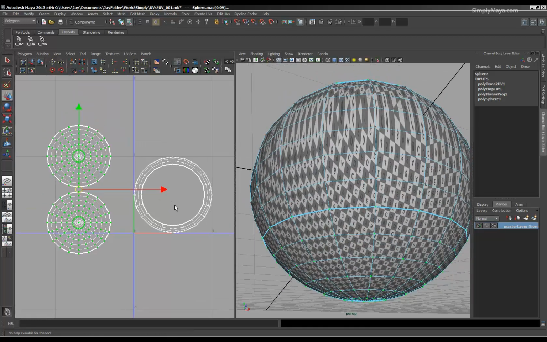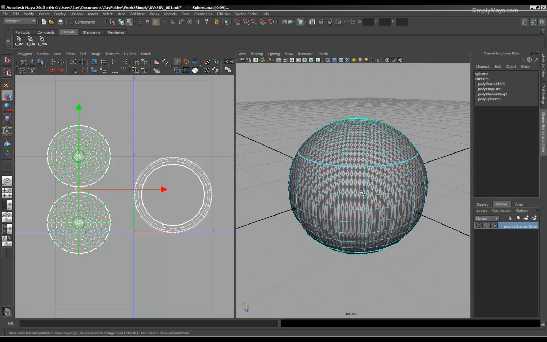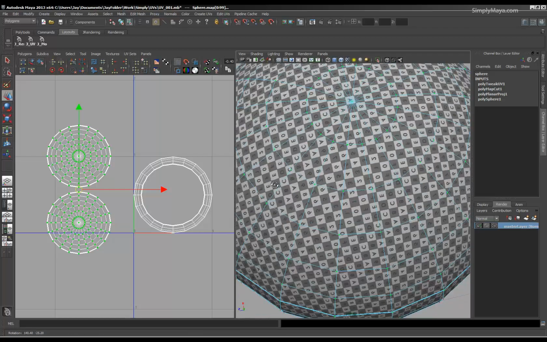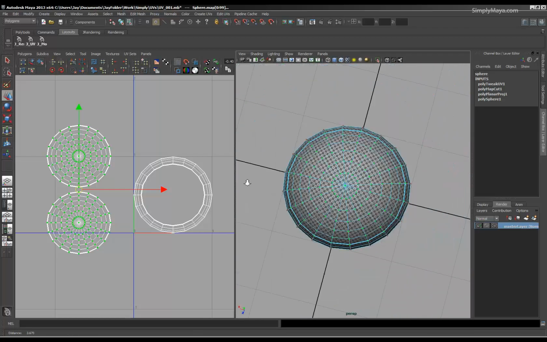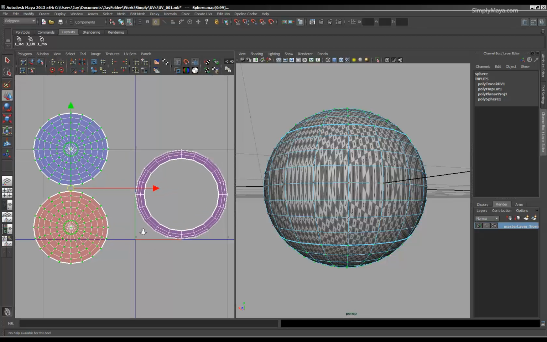Now the other thing we need to do is, because we projected from one direction only, we need to just go and have a quick look at our sphere, and you can see the letters are backwards, and so this means that the UV is backwards. And a good way to check for this is if you go up to here in our UV editor, and you can toggle on and off the shaded UV display as it says there as I highlight over it. So if we just click that, you can see now